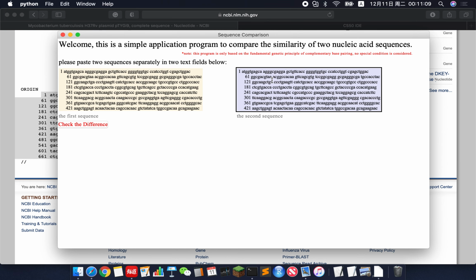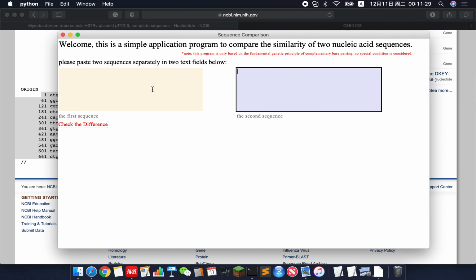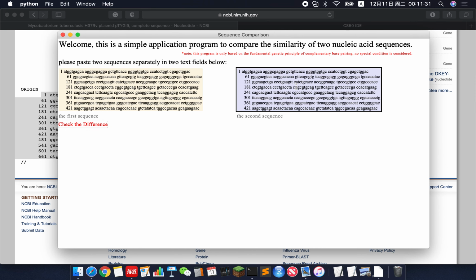Just for example, if we delete some and add some, oh, here's the thing, because genes only have ATCG bases. If we click X and K and check difference, it will show you only nucleotide is available. So we just clear the table and delete some points and insert some GT and AAA, something like this, and